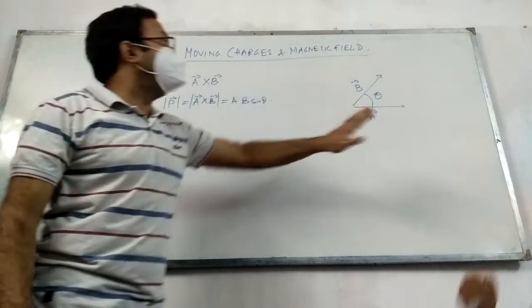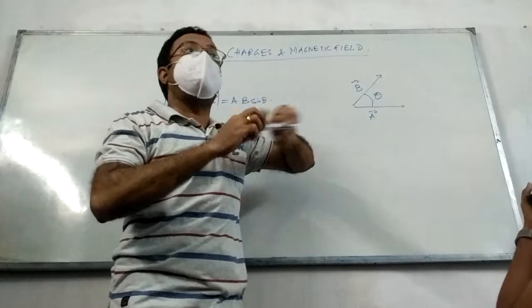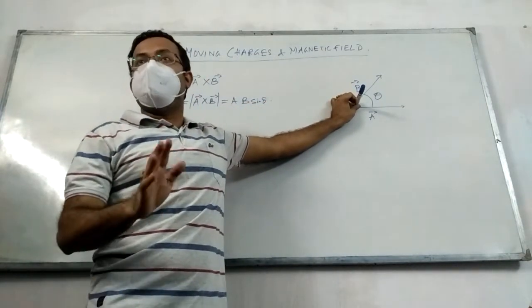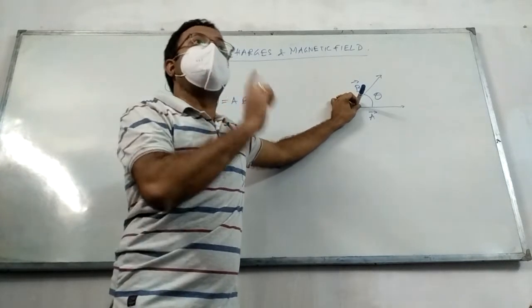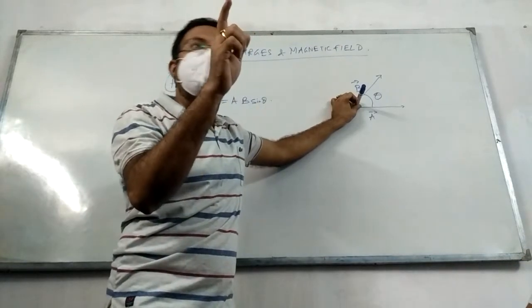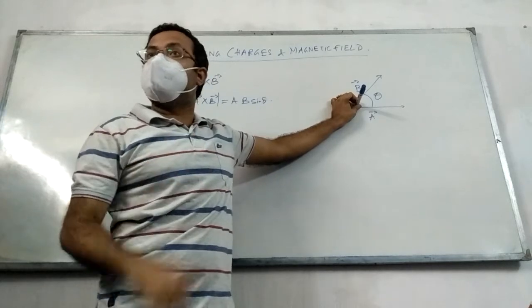So, the plane in which A and B is present, this P vector is perpendicular to the plane containing A and B. A আর B এর সঙ্গে perpendicular হবে। ঠিক আছে? এবারে কোয়েশ্চনটা হচ্ছে এই যে perpendicular, it will have two senses. একটা হচ্ছে outwards and একটা হচ্ছে inwards. Now how do you understand whether it is outwards or inwards? সেটা একটু বলে দিচ্ছি।